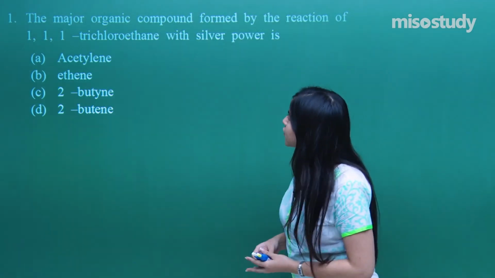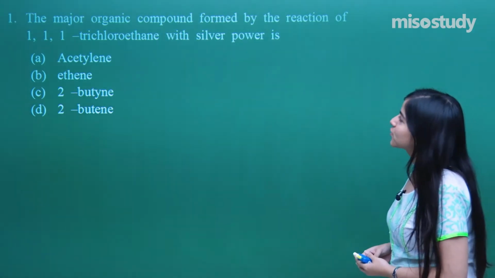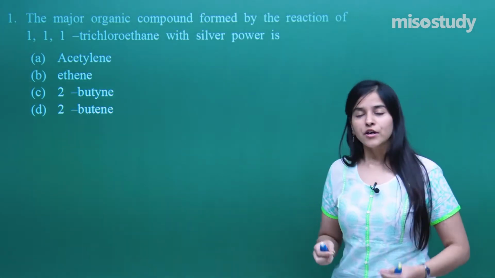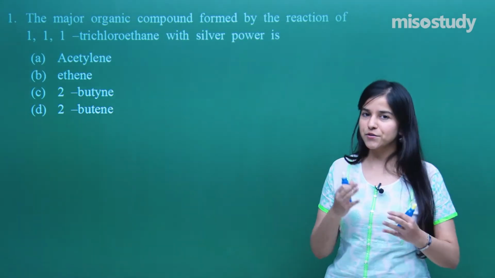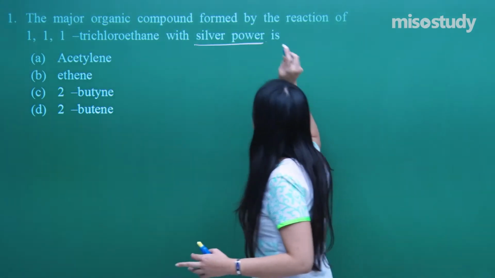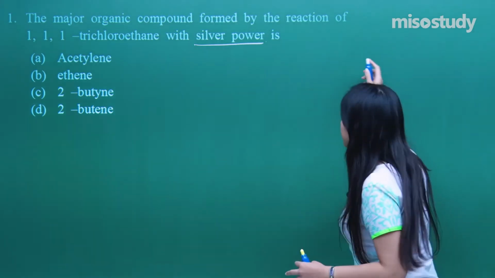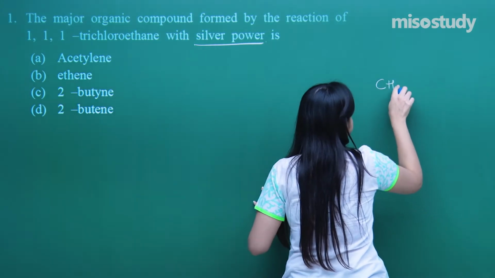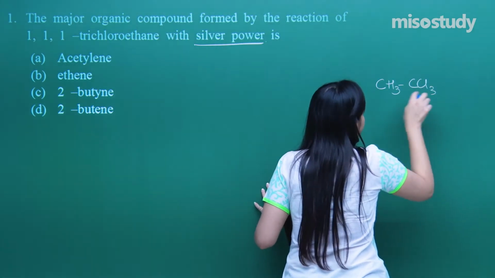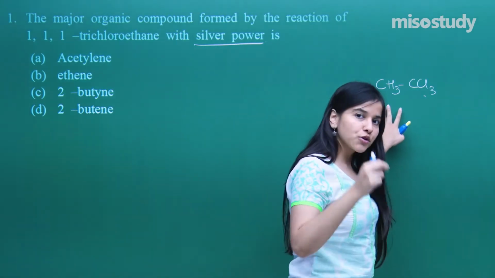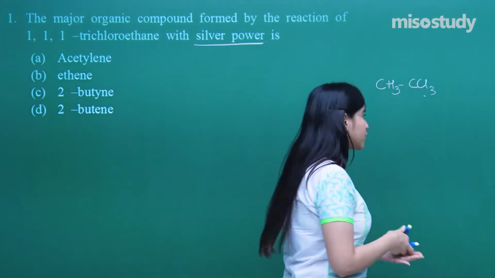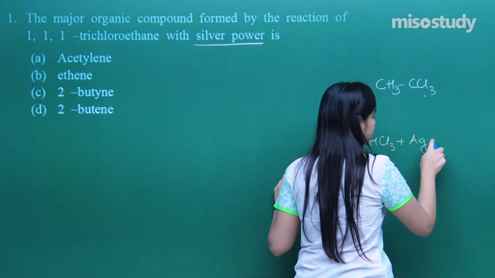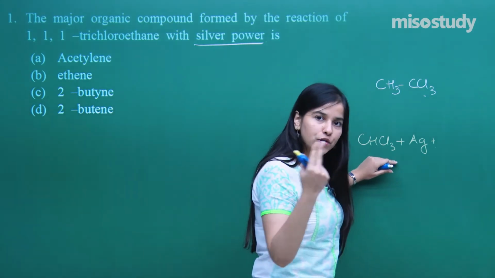Now, the major organic compound formed by the reaction of 1,1,1-trichloroethane with silver powder. So actually what kind of a reaction is it? Just try to recall. They are utilizing the silver powder. That means what? Trichloroethane. So let us just make it. That is trichloroethane. So you must have an idea about a reaction which is between chloroform and silver. So here we take 2 moles of chloroform,